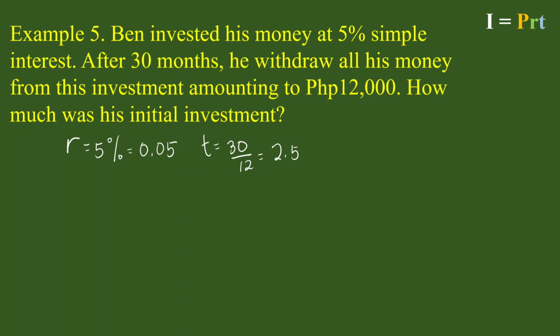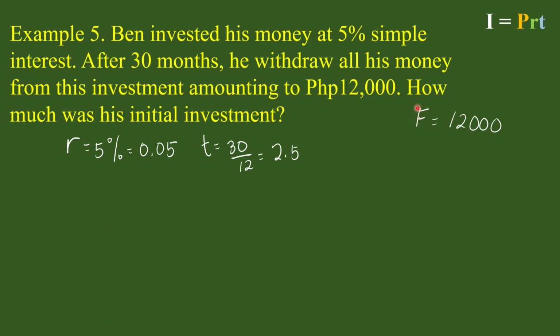years. Okay? And then we can see here another given, which is 12,000 pesos. He withdrew all his money from this investment amounting to 12,000 pesos. So pagkatapos ng 30 months, yung investment na niya ay 12,000 pesos. So dito sa formula natin, it's neither I nor P. It's not the interest, it's not the principal, it's actually the final amount at the end of 30 months. 12,000 pesos. Okay? Now, let us recall that the final amount